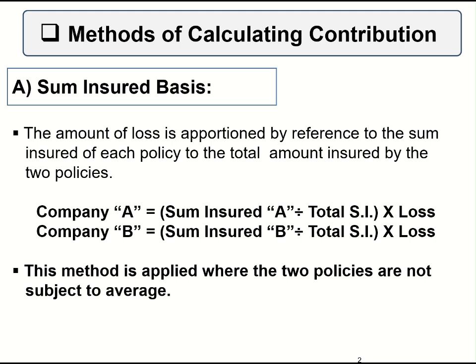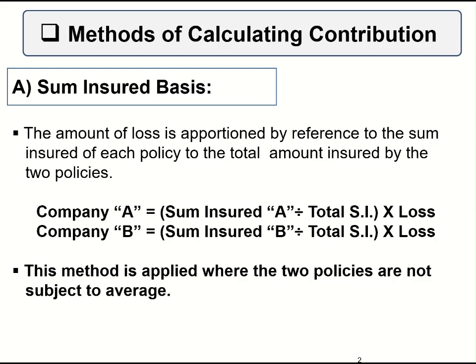In this method, the amount of loss is apportioned by reference to the sum insured of each policy to the total amount insured by the two policies. So, if a person has insurance with two companies, A and B, the indemnity from company A will equal the sum insured of policy A divided by the total sum insured. The total sum insured here means the sum insured in policy A and policy B,